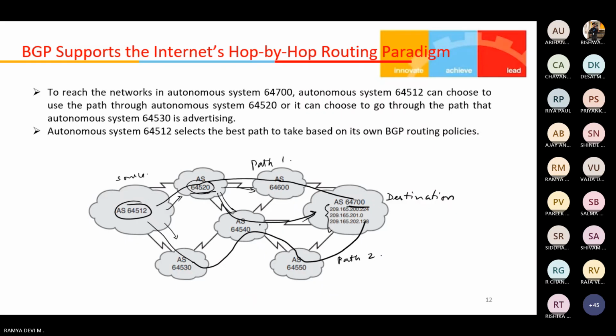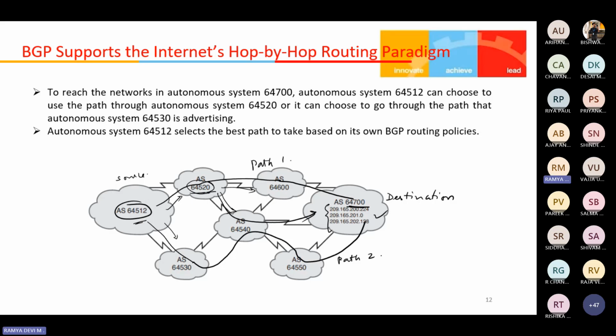Fine. So the source will use its own local policies to select the best path. When it reaches 6, if it selects 520 as the best path, it will be sent, and 520 will be deciding whether it has to pass the packet to 600 or 540. It can be influenced by local preference settings or other BGP attributes. So at last it will be received by the destination. In this example,